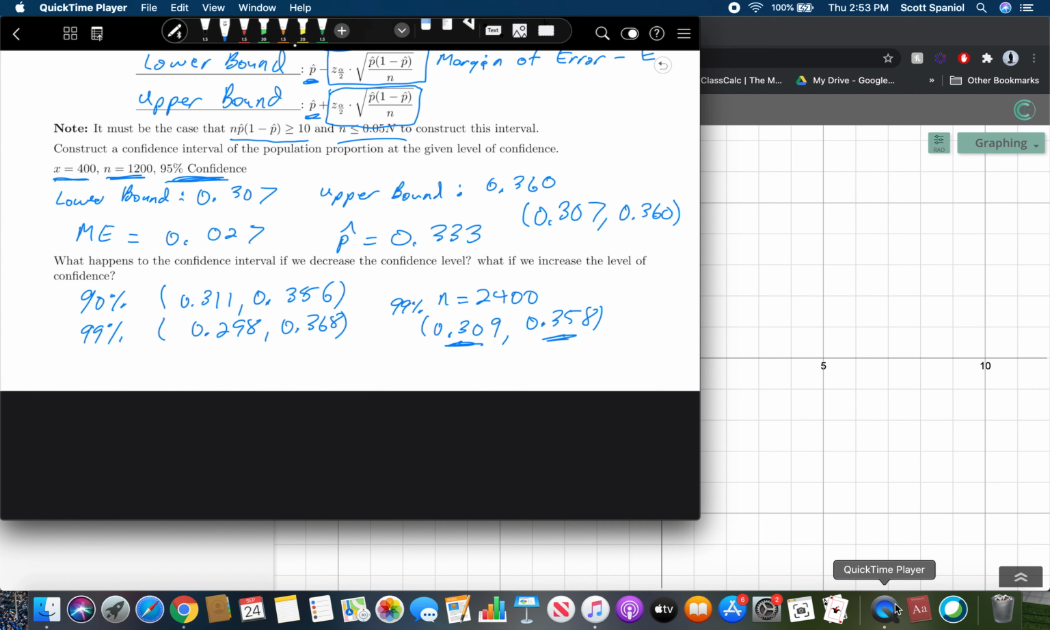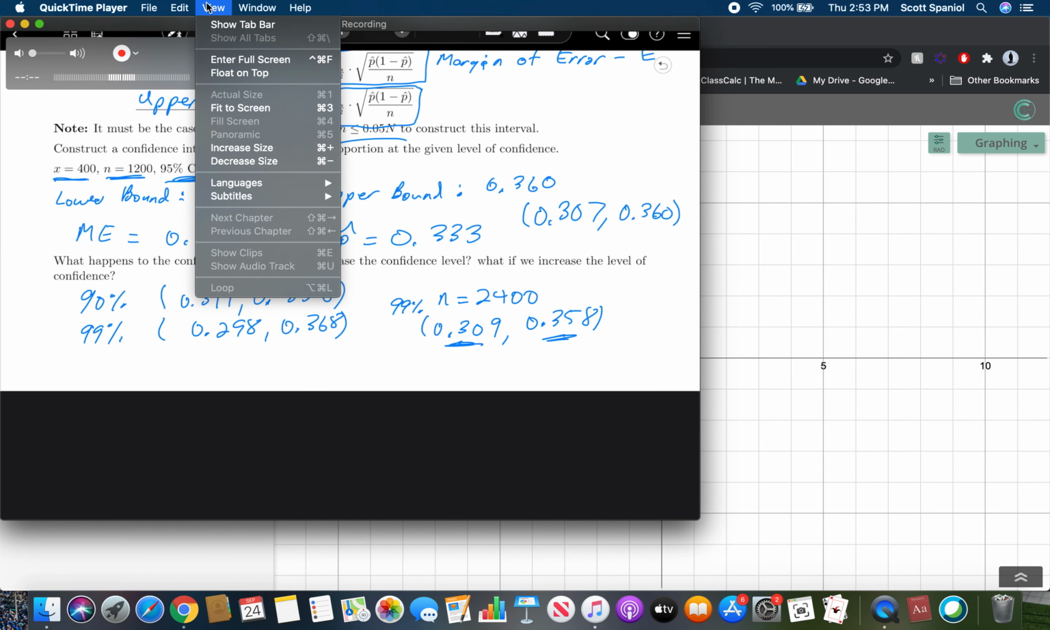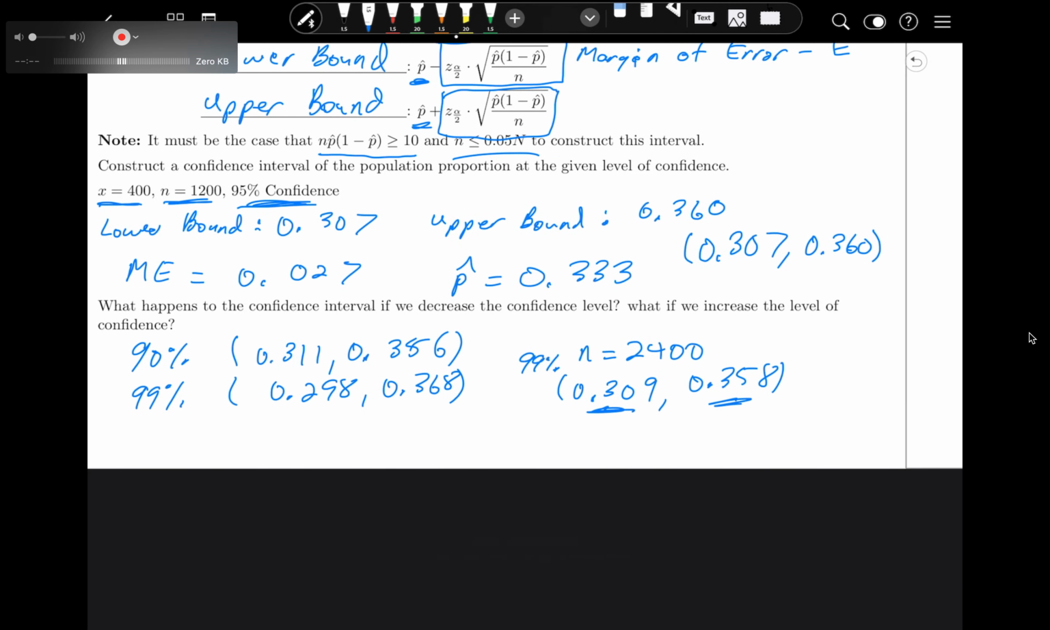So another way to be more confident in your answer is to have a bigger sample size, which should also make sense, right? The more people you ask, the more likely your answer will be closer to what the population is. Okay, so that's the idea of how this works. So now let's look at an actual application problem of where we could use this. Okay, so on the next page,